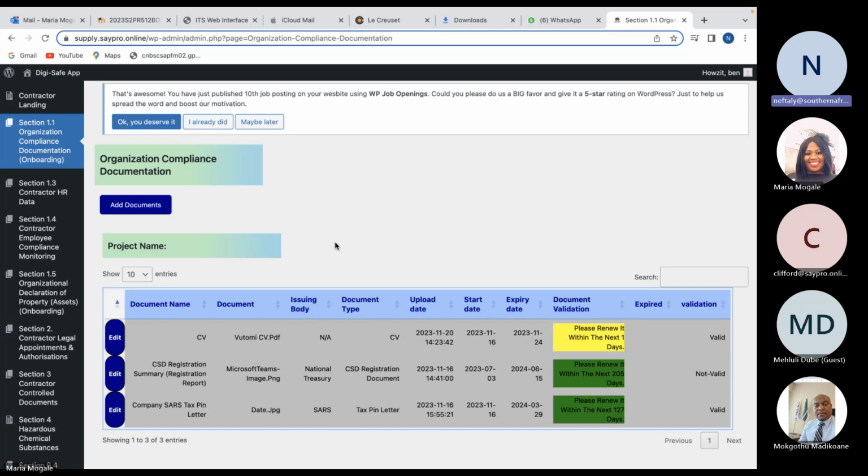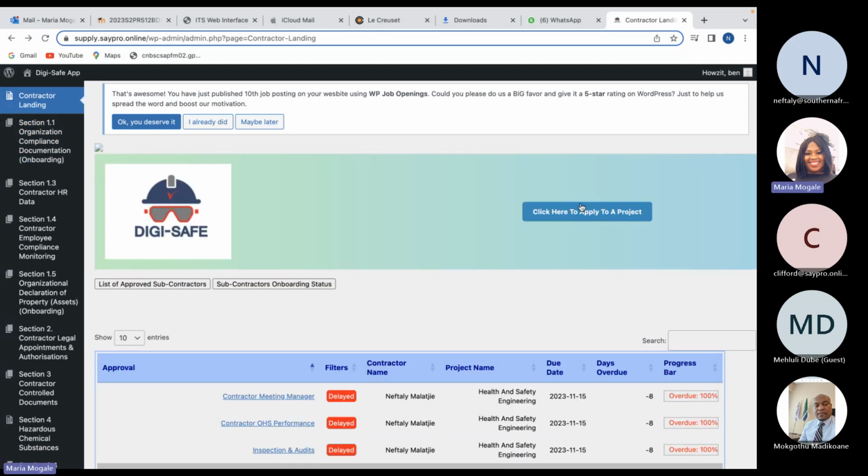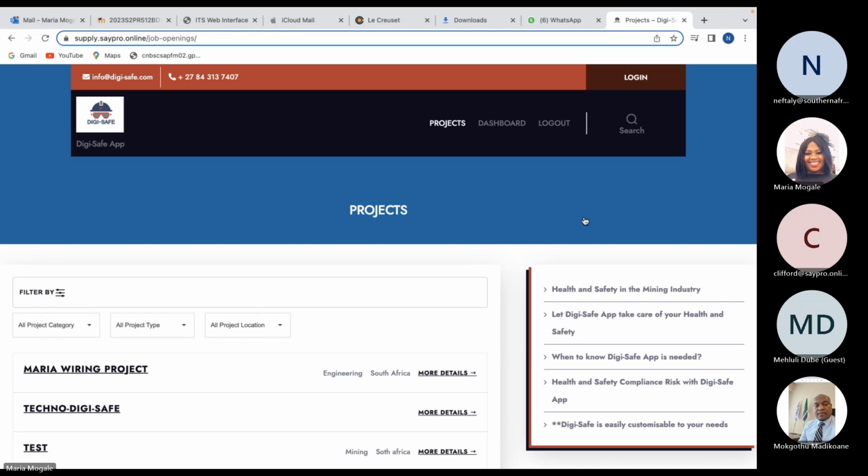Okay, you can go back again to loading contractor loading. Sorry, where must I go? Must I come to "Click here to apply to a project"? Yes, so the reason also we don't want to actually click to apply for a project, because the host would